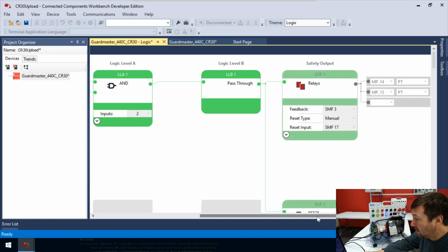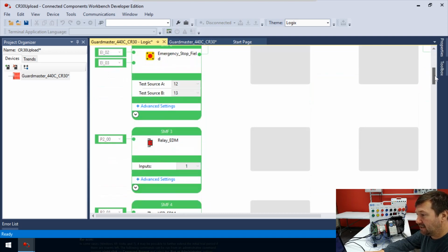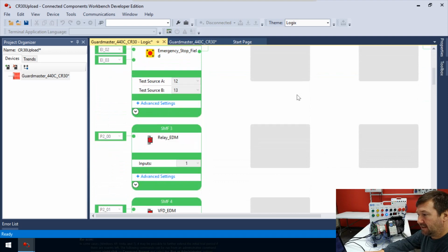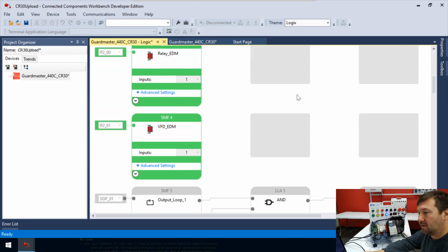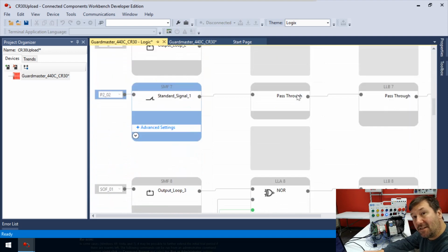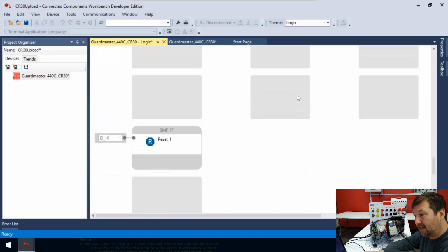Well, if you go back over to your left side, you're going to notice this first one's SMF1. And if we go to the next one, it's SMF2. And then we can go down to SMF3, 4, 5, 6, 7. So it is a true grid structure. And if we skip on down past these, you're going to find 17 down here. And it is the 17th one down. And so it says that